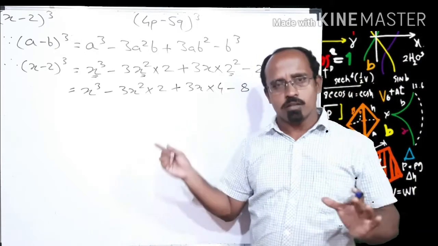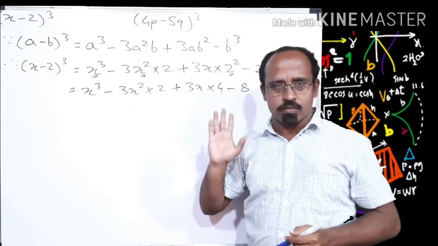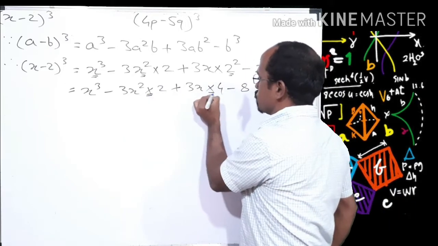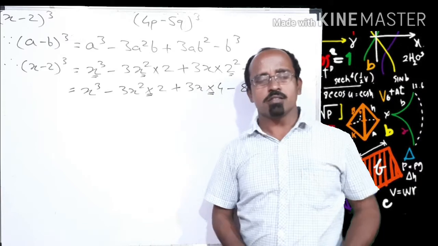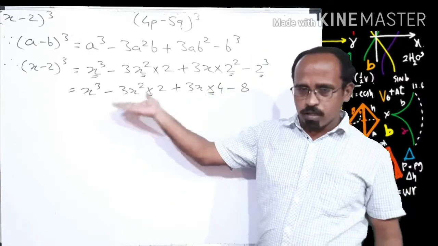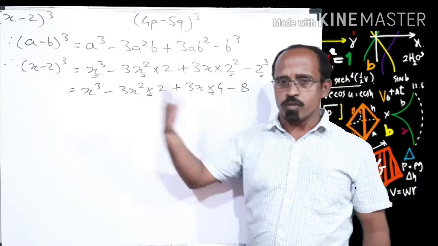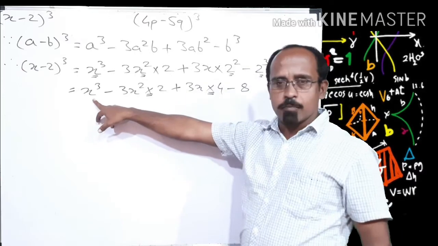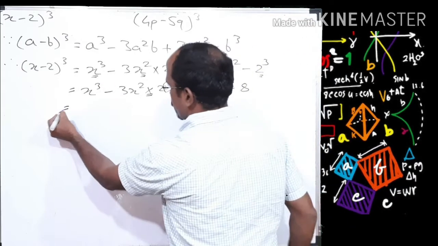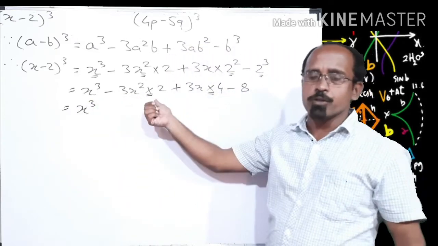So bracket, order, then what? Division and multiplication. Division is not there in the expression. So let us see where the multiplications are. Multiplications are at two places. Both of the multiplications have the same priority according to BODMAS. So let us solve them from left to right. Whenever priorities are the same, what do we have to do? We have to solve from left to right. So on the left, x cube, which is not multiplying with any number, so let's write it as it is, x cube. Then minus 3x square into 2.